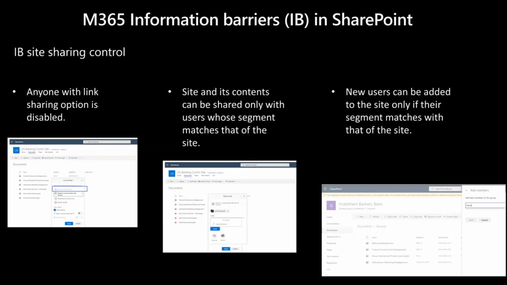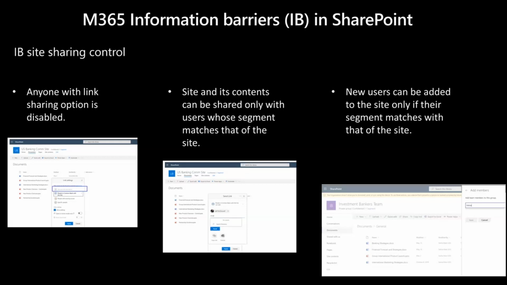The second thing that we have done is the centermost one, which is that the site and its content can only be shared with users of the same segment as that of the site. In the example, you can see that this site is being shared with user Jeff, but cannot be shared with user Nikita because Nikita does not belong to the same segment as the site. The whole idea is that the user will not be able to even discover somebody who's on the other side of the information barrier wall.